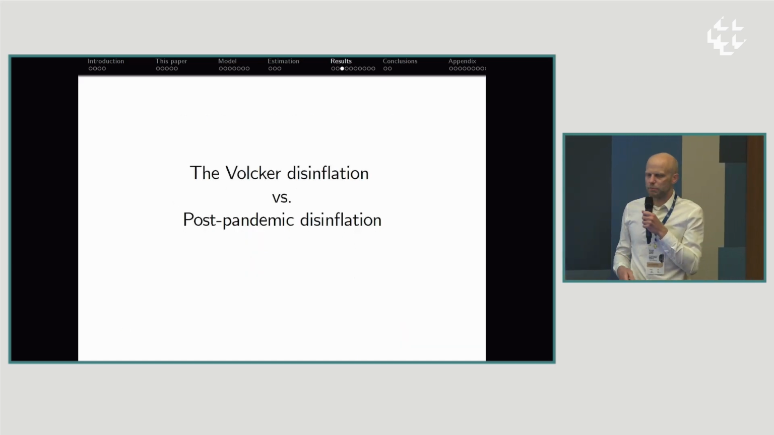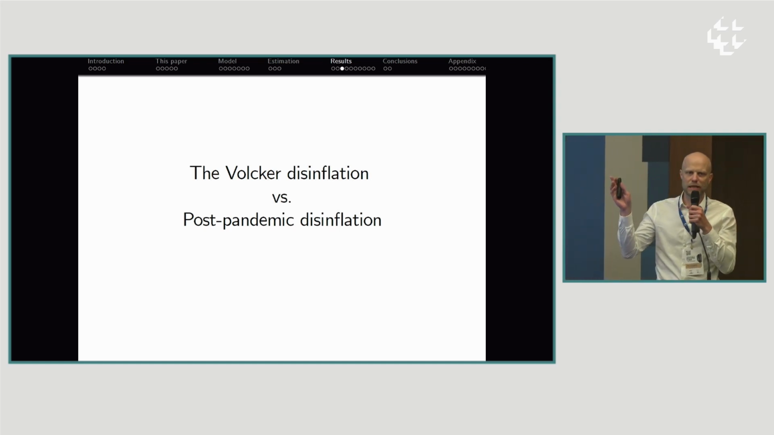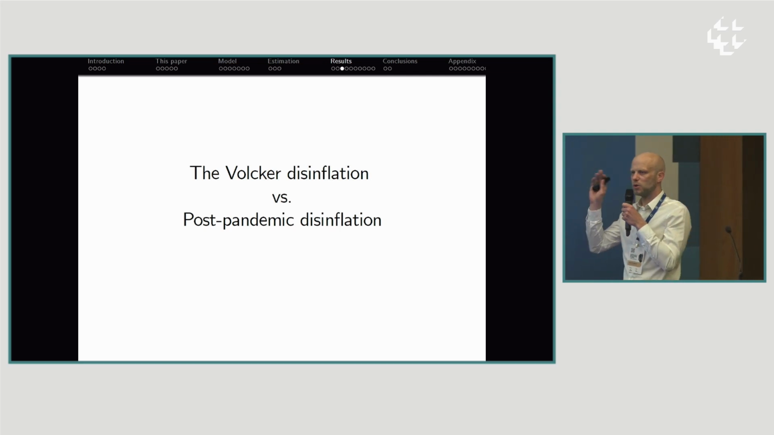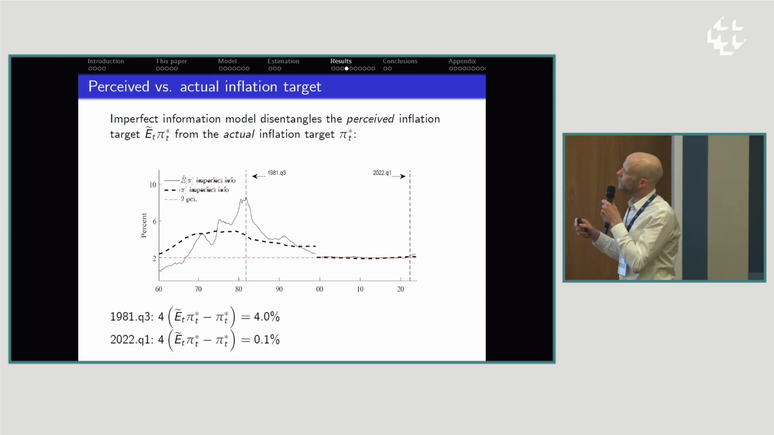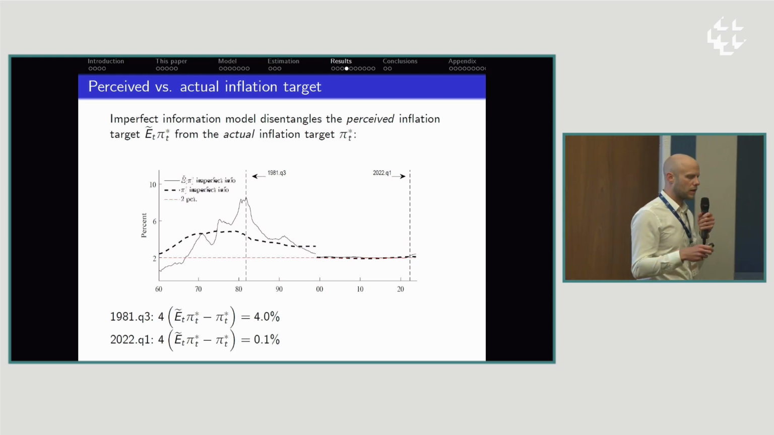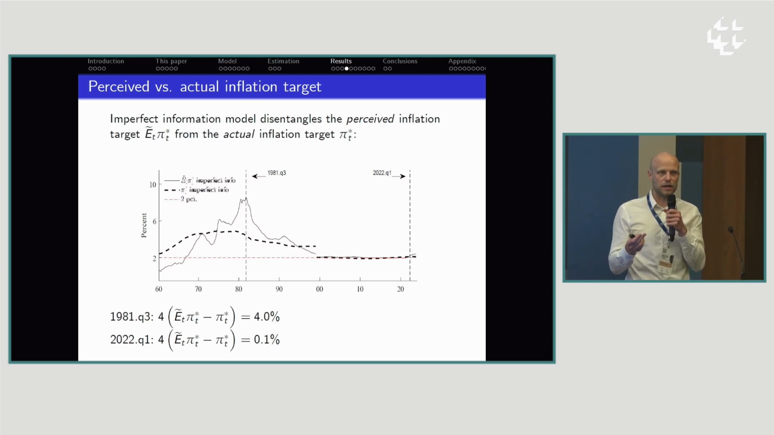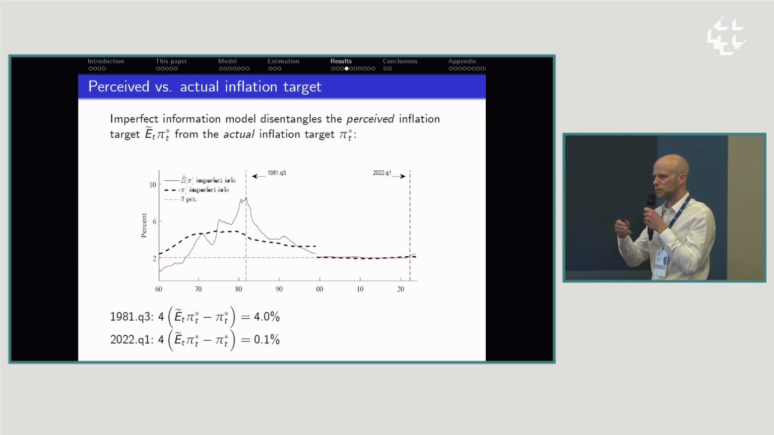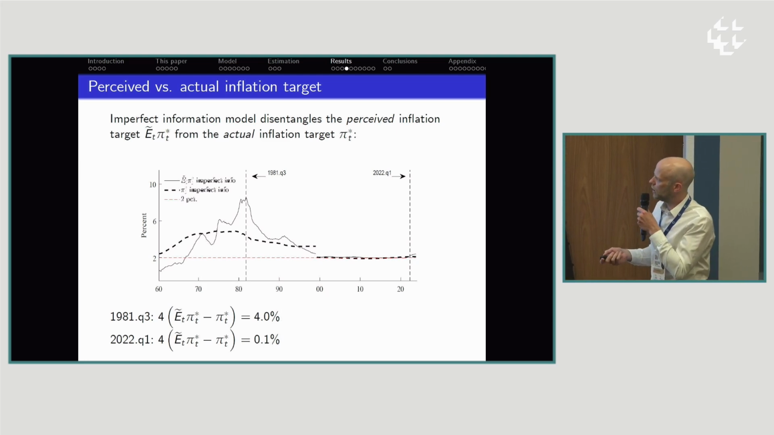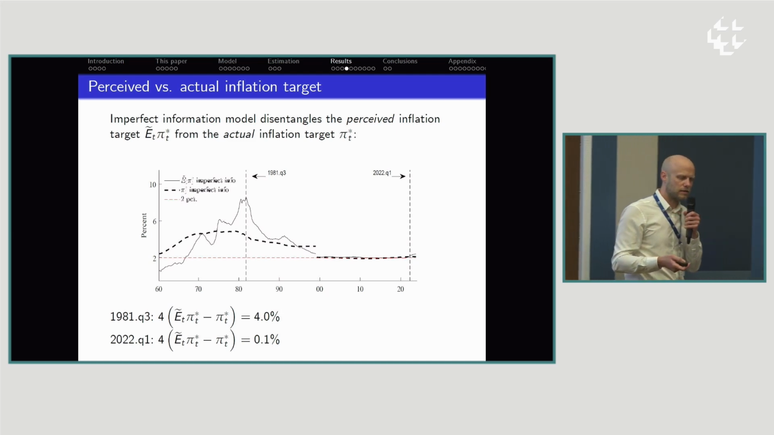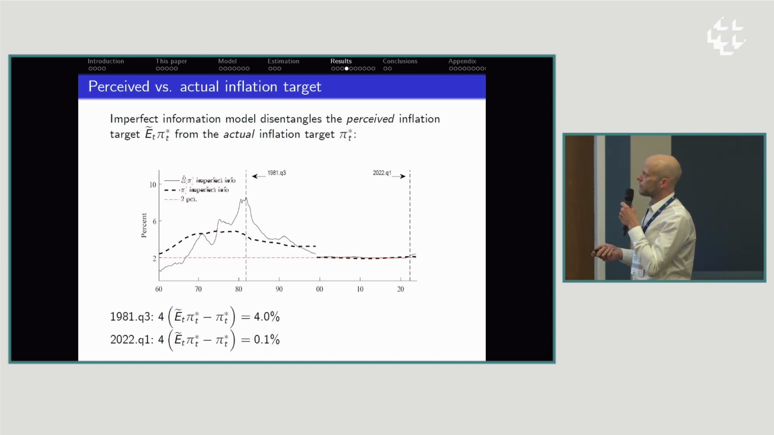Okay, so the question is, what does that mean for the output cost of disinflation? So I just do a simple case study, looking at the Volcker disinflation versus post-pandemic disinflation using this estimated model. A key feature of this imperfect information model is that it disentangles the perceived inflation target from the actual inflation target of the central bank. And you can use the model to estimate time series patterns for both of these variables, and that's what I have here. So the dashed bold line is the estimated actual inflation target,